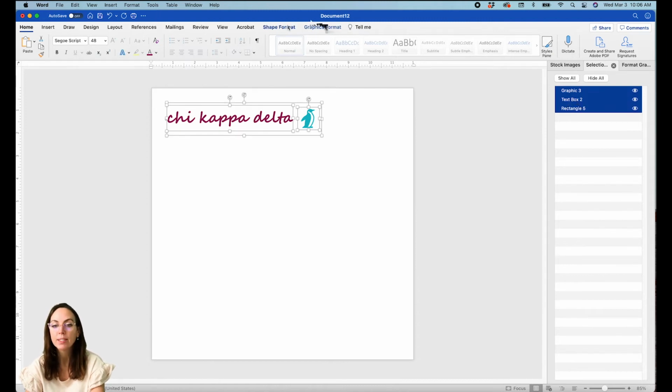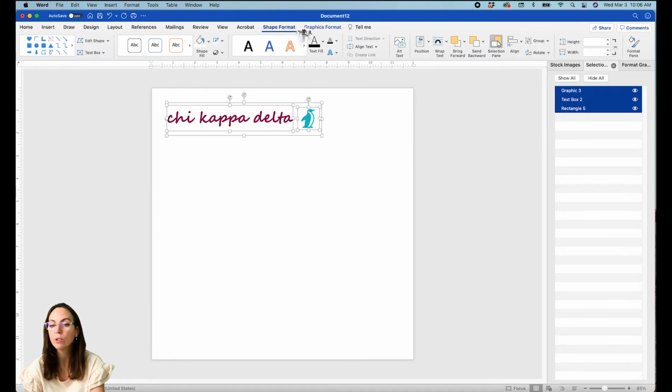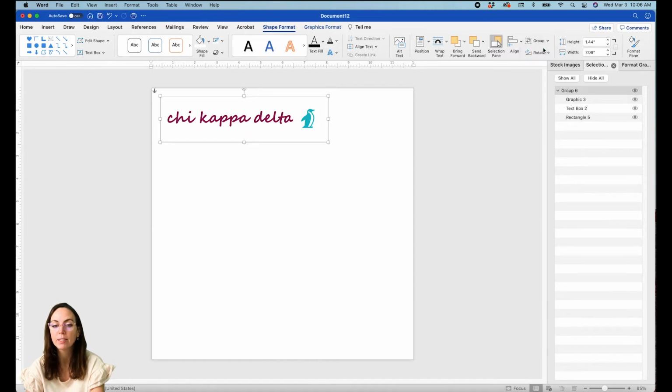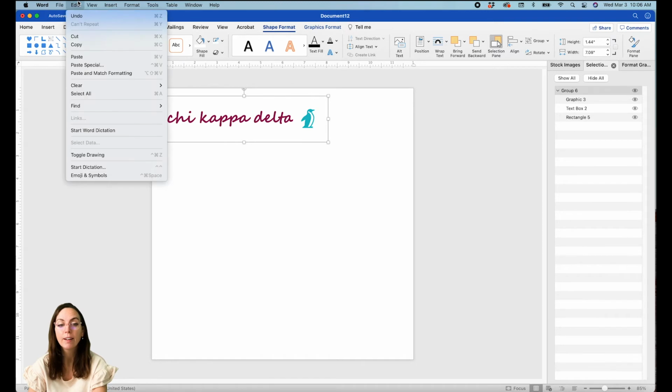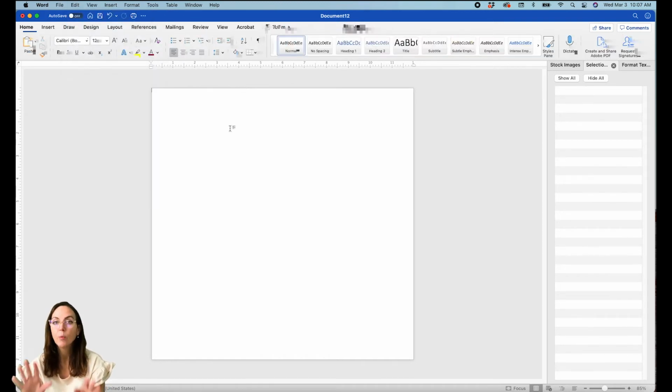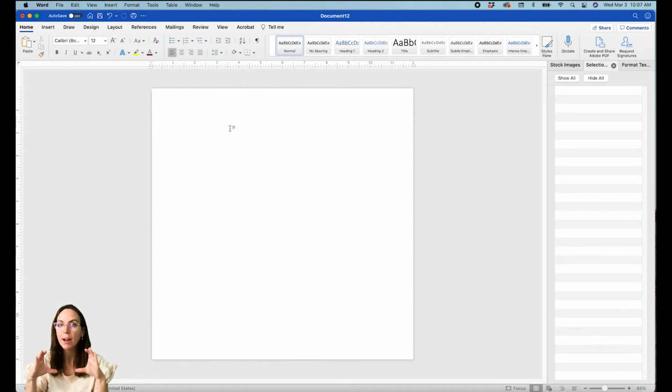So now that we have these selected, let's go to shape format is where I am. Group, again, this is in a couple different places. So we're just going to group those together and then edit, learn your shortcuts, cut. We're going to cut that. So we've taken our pattern block and we've told Word, you hold on to this for a second. It's on the clipboard, they're going to keep it. They'll keep one thing for us and they're going to keep that block of items together